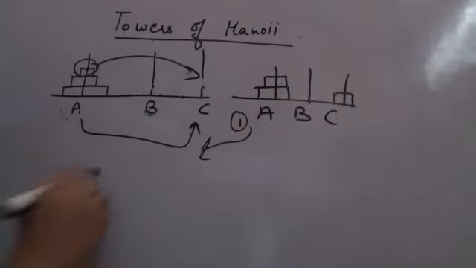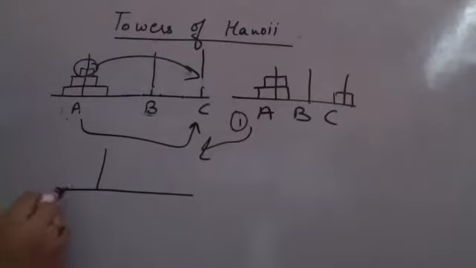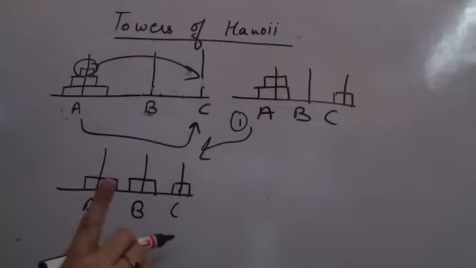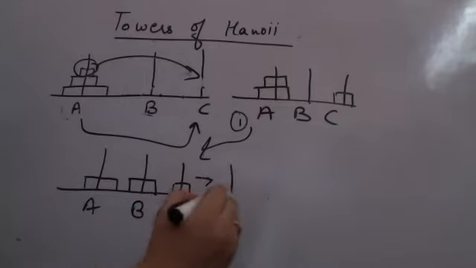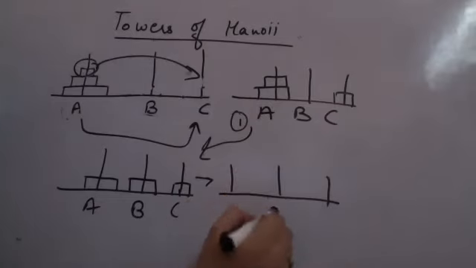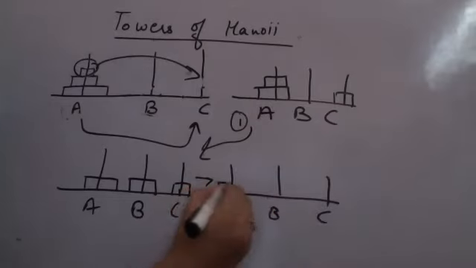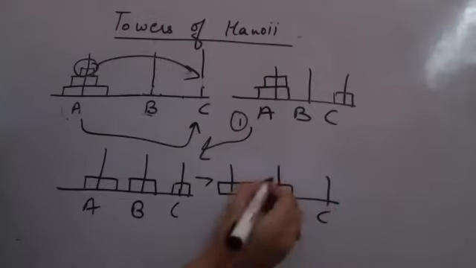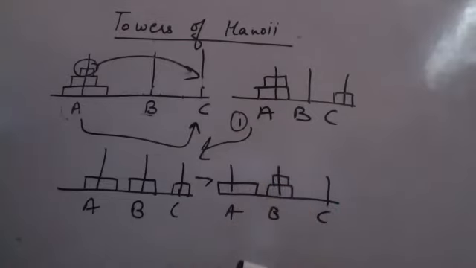So what am I doing over here is, now in the next step, I am having the largest here. I am having the second largest on B, and I am having the smallest on C. एक एक करके ही हमने शिफ्ट करा है हर बार. Next step, third step says, I am again having the 3 poles. Now I am having the largest on A, I am having second largest on B, and from C I will shift the smallest to B. Is it clear? Now I will shift the largest from A to C.